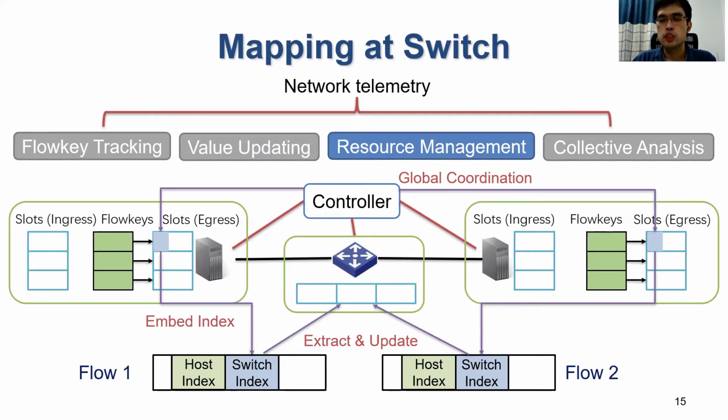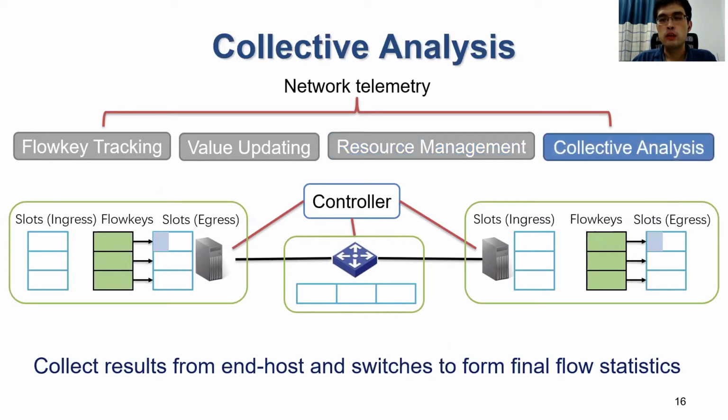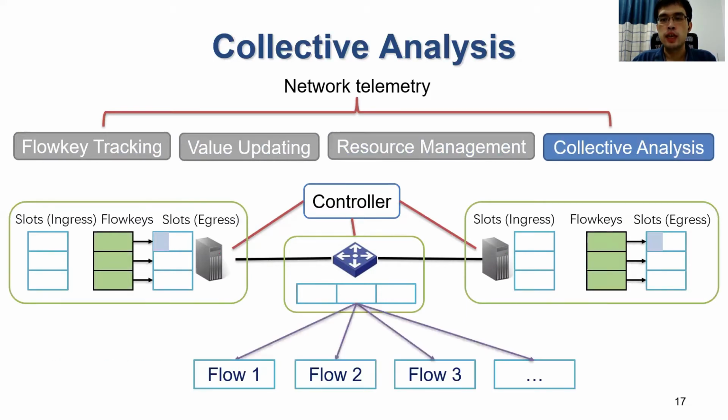Since the switches do not calculate the mapping themselves, we embed the mapping information in packet headers and propagate them in the network. The final operation, collective analysis, is performed in the controller. It collects the results from all end hosts and switches to form the final flow statistics. Since the slots at the switches can be shared by multiple flows, collective analysis also needs to restore flow values